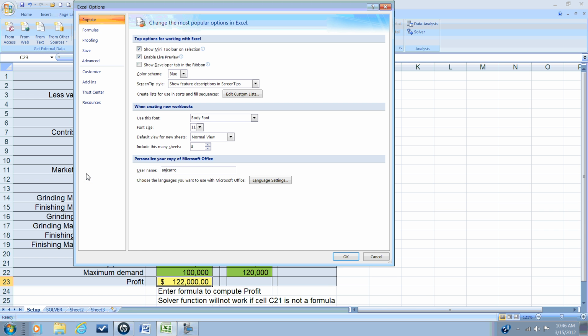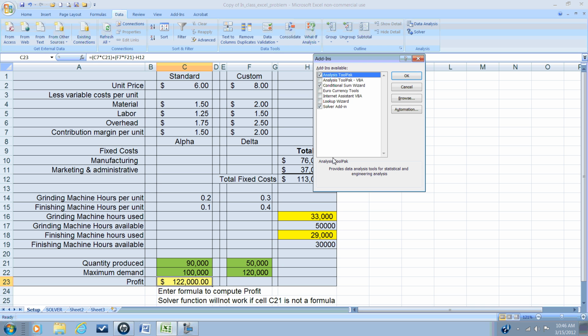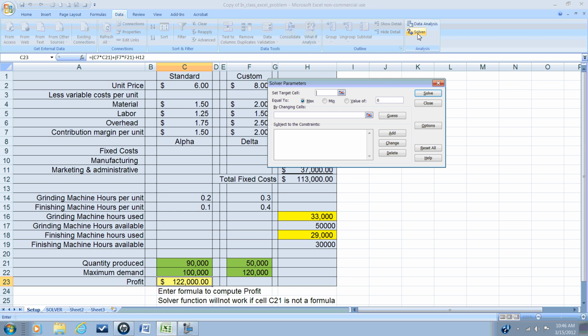So you would hit Excel Options. We are looking for the Add-ins. Since I have Solver added in already, it's showing here as active. If you see Solver in the inactive, you need to go down to the Go box here. Click on the Go box. This little pop-up box will come up, and you would click on the Solver add-in, hit OK, and when you come back to the Data tab, you should see Solver there. So we're going to click on Solver,